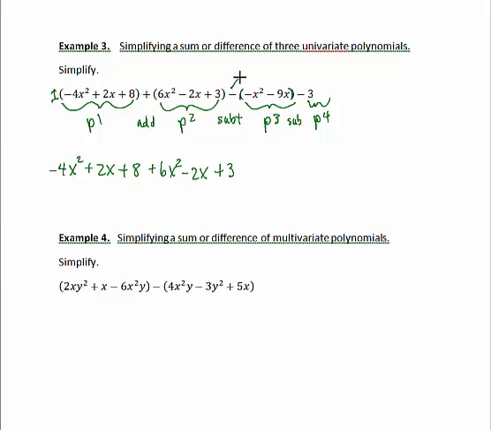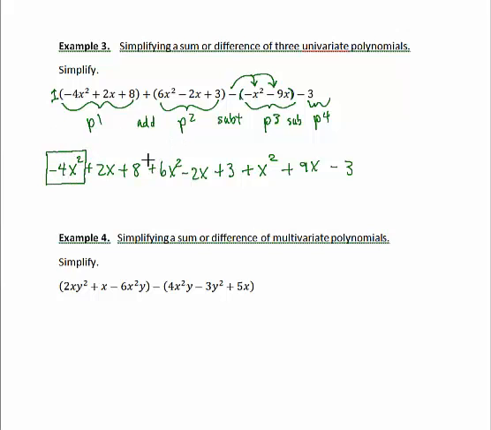Now for the third polynomial, here's our parentheses, and we have a negative in front, so we have to distribute that to the terms inside. So we'd end up with a plus x squared and a plus 9x, and then the fourth one was simply written without parentheses, so we would just write minus 3. We'll go back